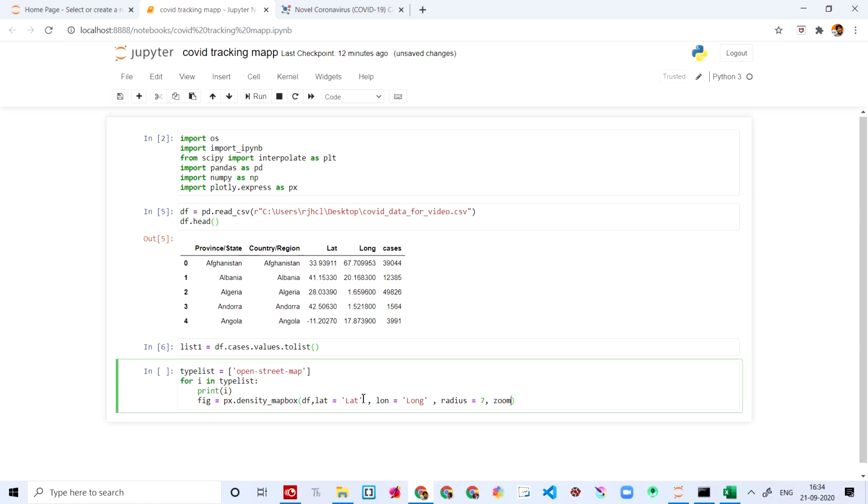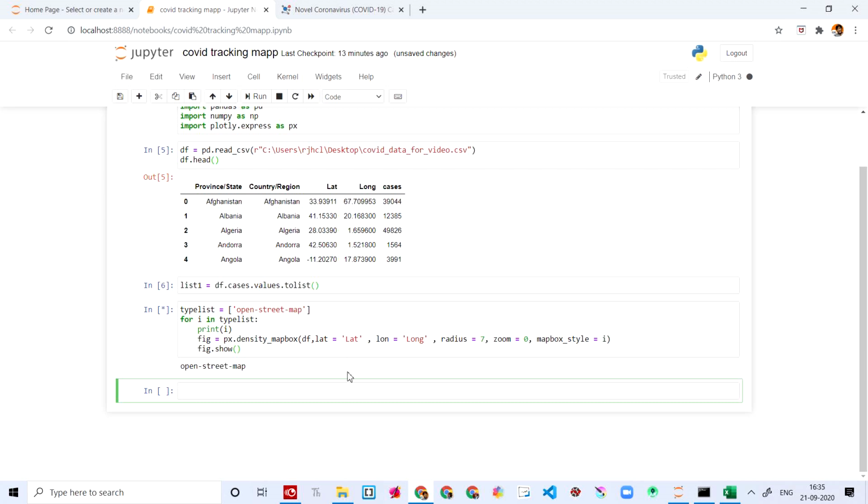And then I'm setting the zoom to 0, like how much zoom you want. You can set it to 1, 2, anything. Then mapbox_style is equal to i. We're gonna say that it's gonna be the type_list. And then we're gonna say fig.show.